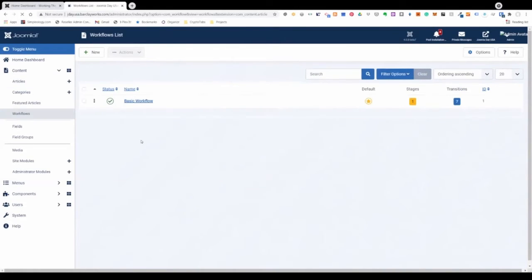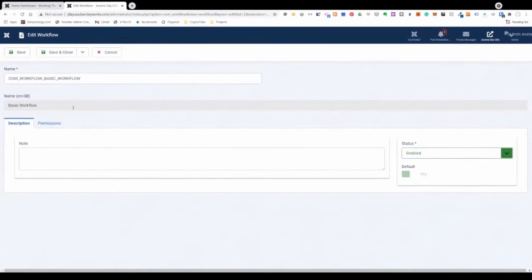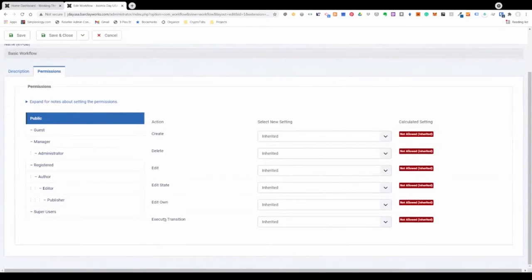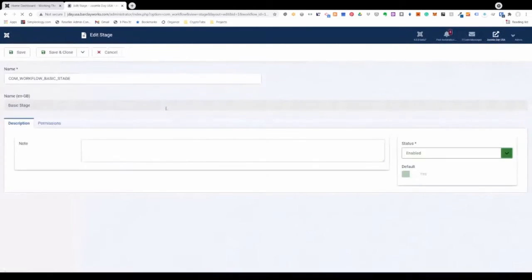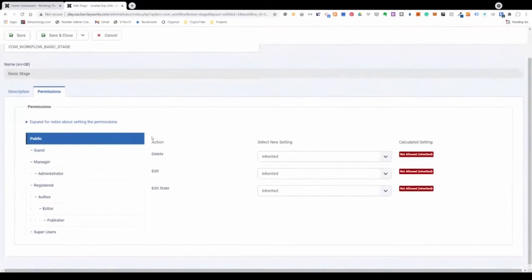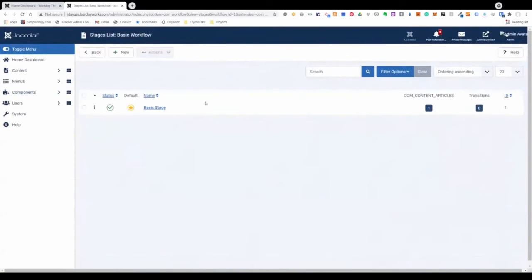If we look now at workflows, you can see here there's very little to configure, but the permissions are quite important. So you've got your create, delete, edit, edit state, edit own, execute transitions. Then if you go into stages, you've got a much reduced set of permissions for the stage, which is action, delete, edit, and edit state. And then finally, for the actual transitions themselves,